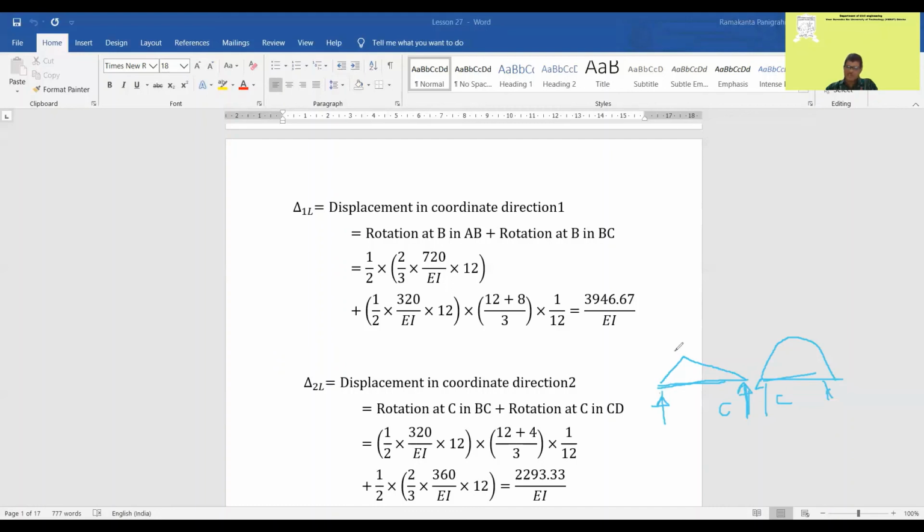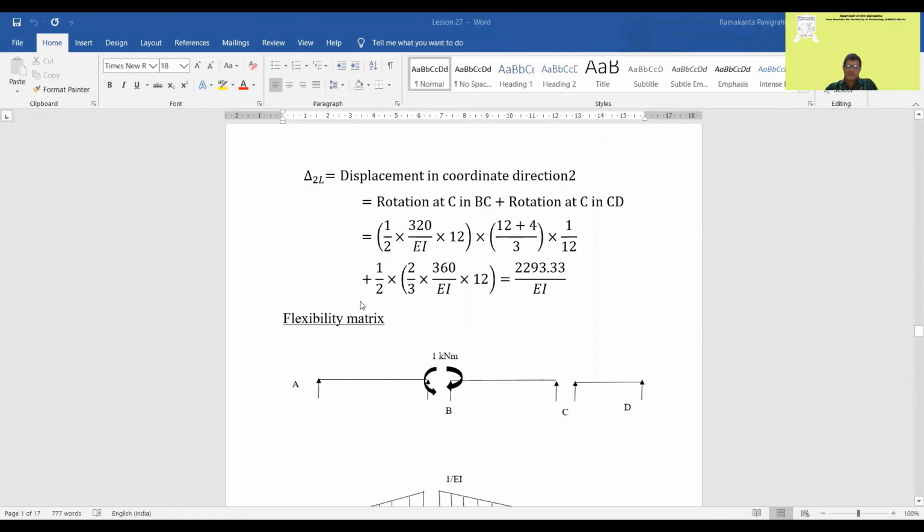So distance of CG from this point will be equal to L plus A by 3. From this side L plus B by 3. So it is taken L plus A by 3 divided by the span. And this is nothing, this is the load. Now here you will take total load 2 by 3 H into L, half will come to this because it is a parabola. So that is being done here, half will come here. So we can find the value of delta 2L. So I think you understand how to find delta 1 and delta 2L.